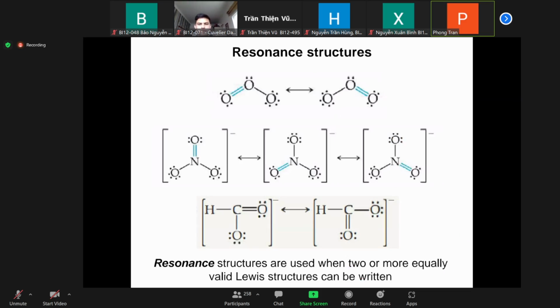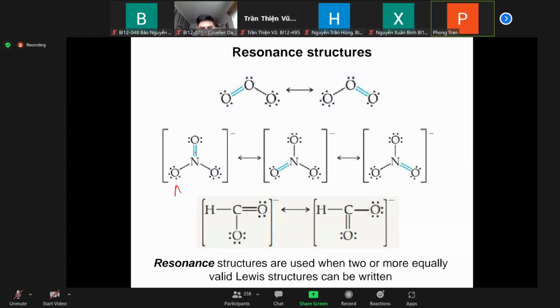It's quite similar, like we will talk about later, but can you see here the case applied to NO3 minus in this line? Can you see my slide? Yes, we can see. So you see that you will have a double bond here,